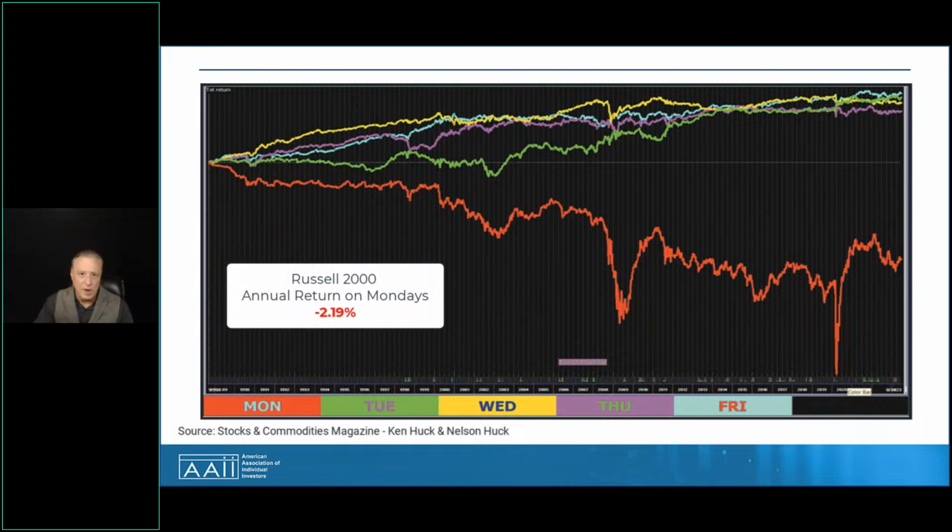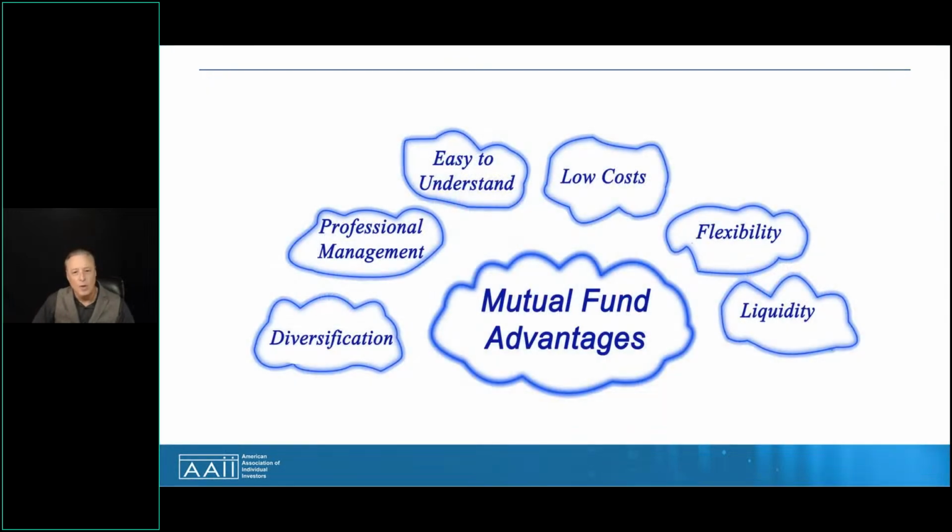Now, traders would know this, and we use this to our advantage, but mutual fund investors could also use this. How? Well, they could time their periodic weekly purchases on a Monday, presumably getting lower entry prices. Another reasonable approach might be, after a major sell-off in the previous week, to consider refraining from reviewing your account on the weekend, getting sticker shock, kind of panicking out, and then entering fund redemption orders.